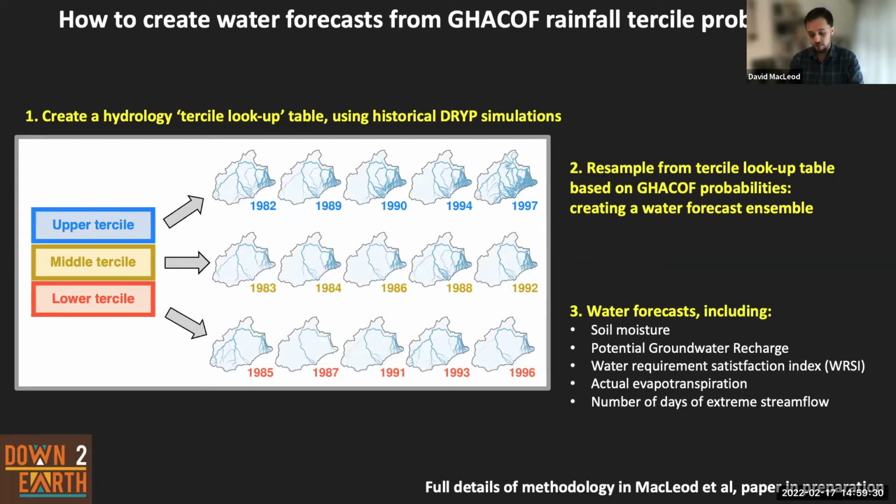And just to say that verification is indicating that the probabilities this method generates are reliable, and the skill of the output is entirely consistent with the skill of the tercile seasonal total rainfall input. So we're happy that the method is doing what we think it is, and that it's producing reliable information.